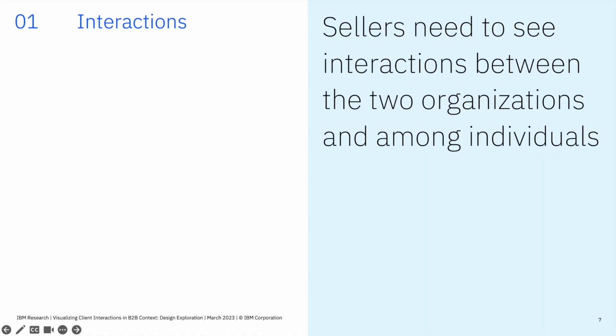The first visualization shows interactions between the 2 organizations and among their members. Their involvement and interactions change over time, and our users need a tool to understand these relationships and patterns. Specifically, they want to easily see who interacted with whom the most, how often they interacted, and what topics they